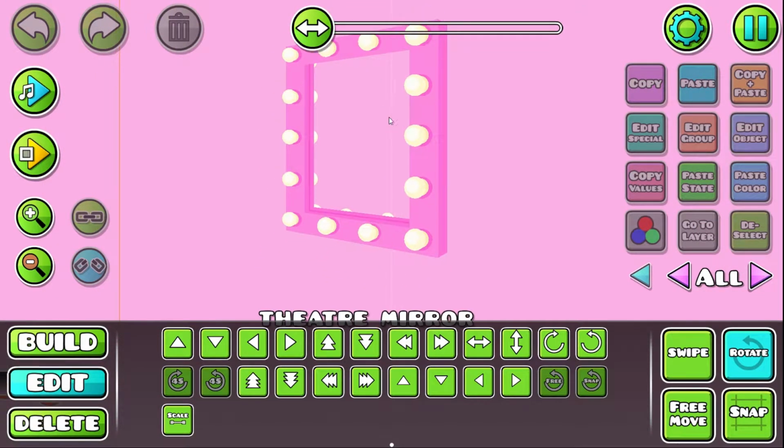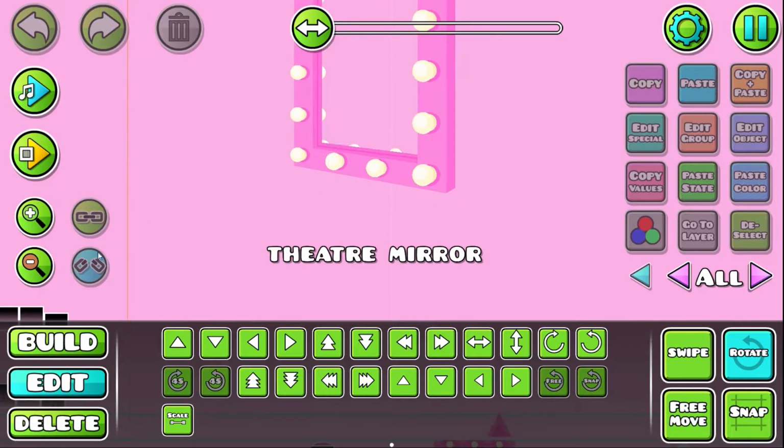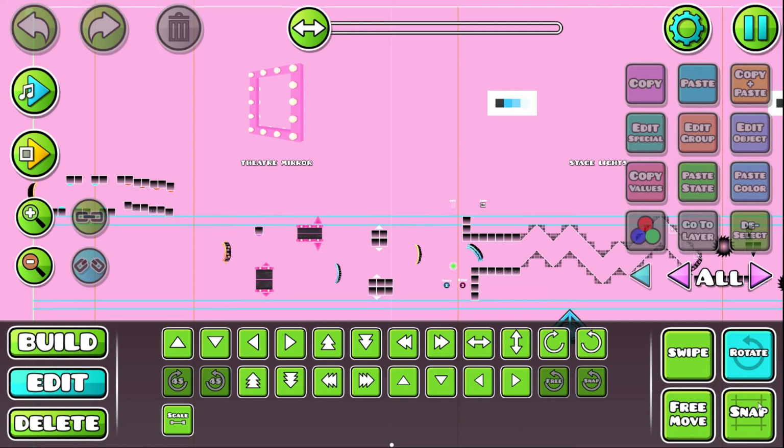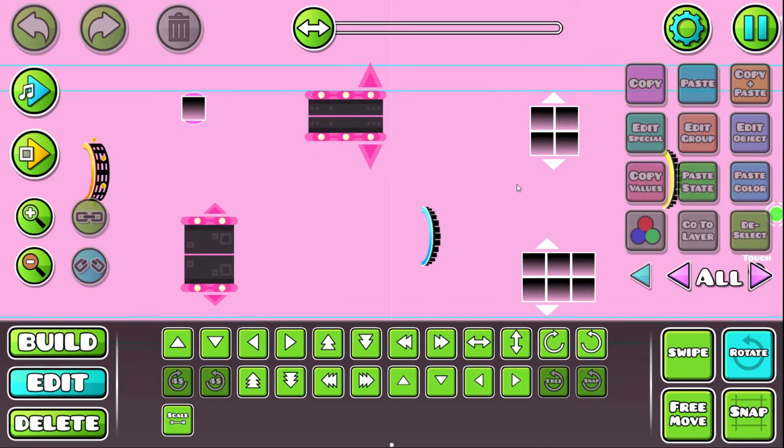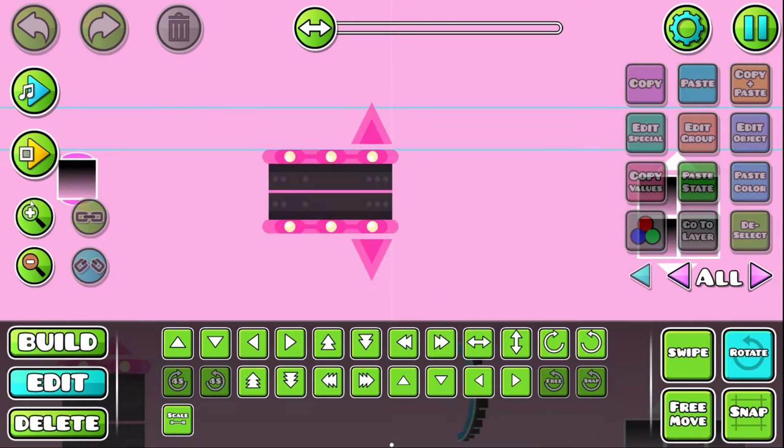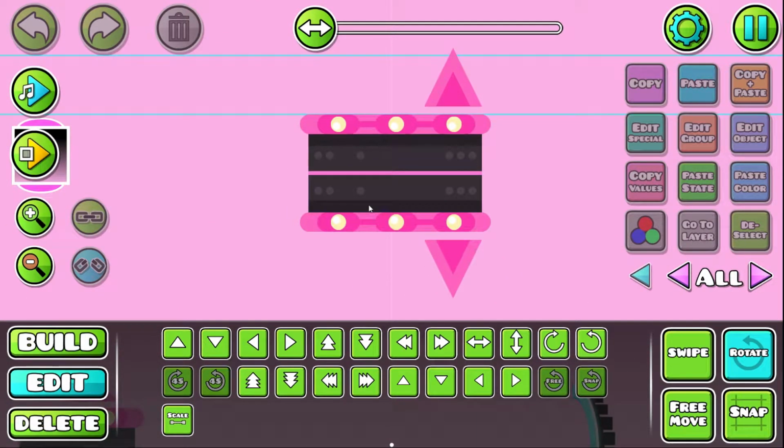By the way, this is not my best art by any means. It's not even that good in my opinion. But I think when you see how short these parts are, you'll realize that it's fine. So what I did is I tried to go for a structure that was mirrored because the part's themed around a mirror. So I have this line that splits the block designs down the center, and